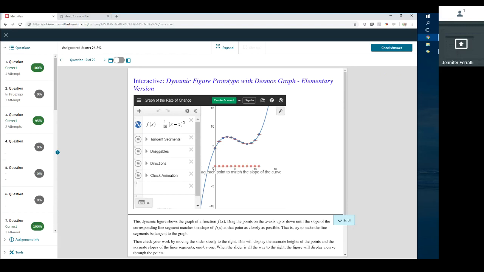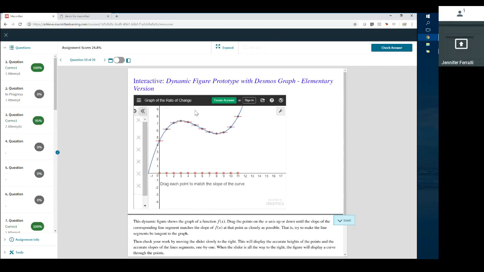One component will be interactives that will allow the student to engage with the concept on a deeper level, to understand the cause and effect, and then to answer some questions that follow up. The final version will already be hidden. So here the student can drag the points until the line meets the tangent